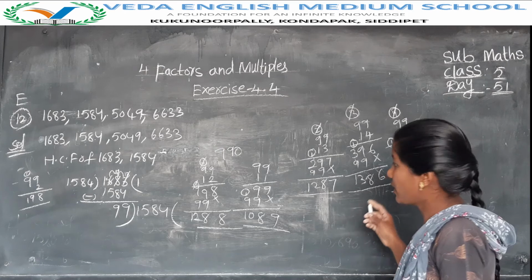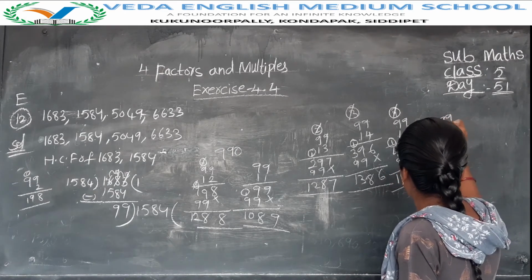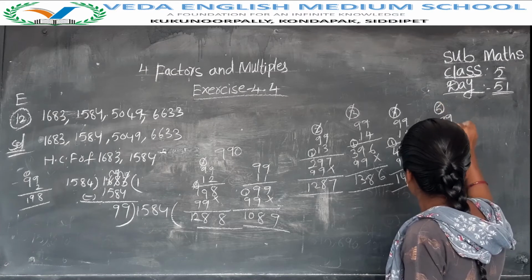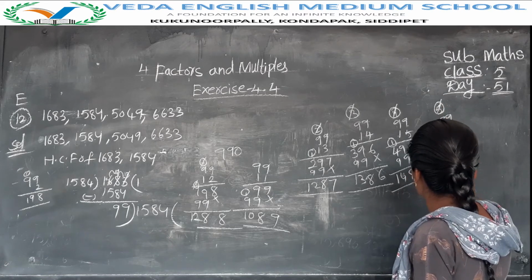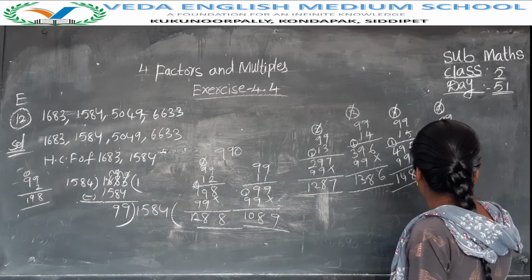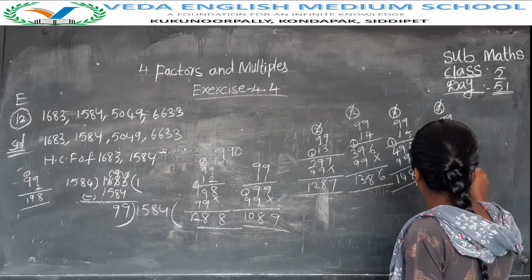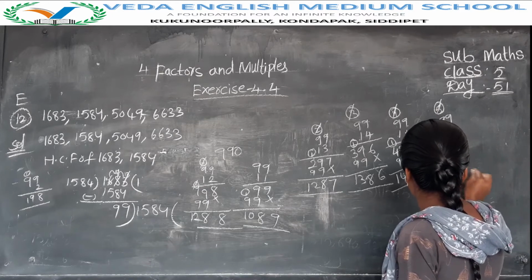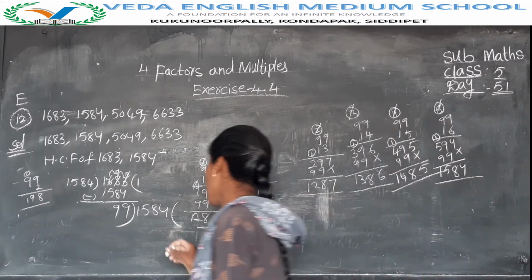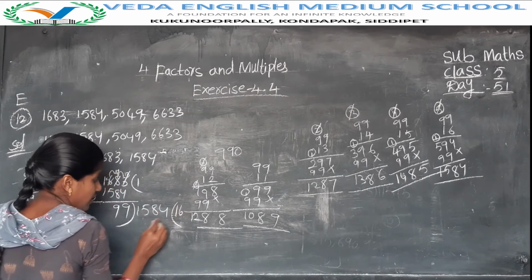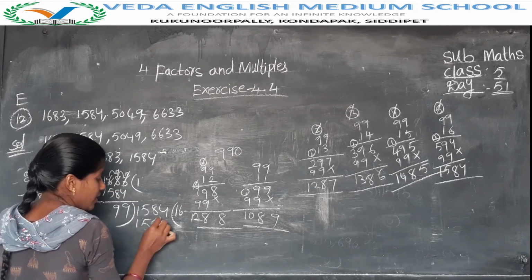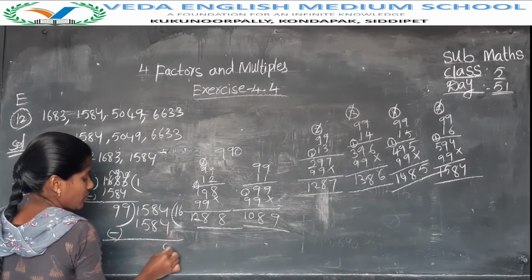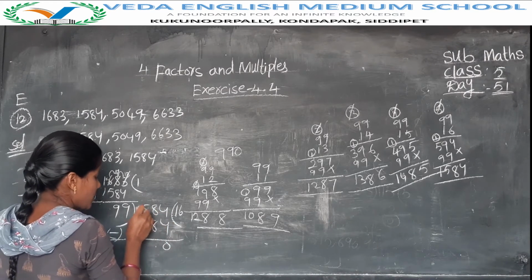Next 99 16s are 9 6 are 54, 54 plus 5 59, 1 9s are 9, 9 plus 9 18, 9 plus 1 10, 10 plus 5 15, 1584. 99 16s are 1584. Now subtract here. 4 minus 4 0, 8 minus 8 0, 5 minus 5 0, 1 minus 1